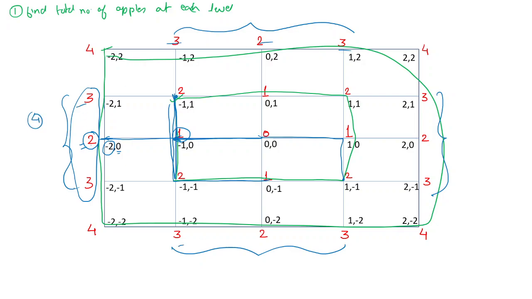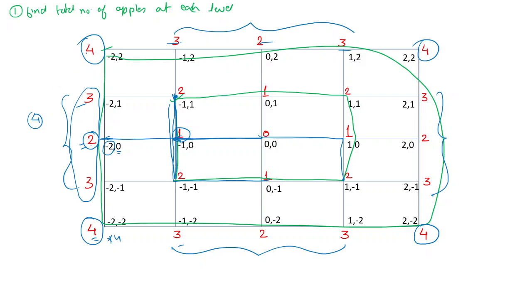Okay, then what I'm going to do is, you see this end position, I have only 4 left. So what I'll do is I'll take this and multiply it by 4 and add it. So that will give us the number of apples that are present in a particular level.